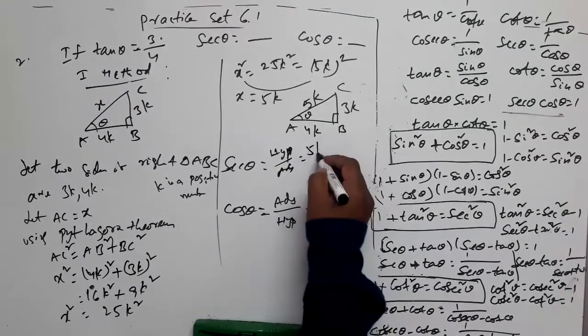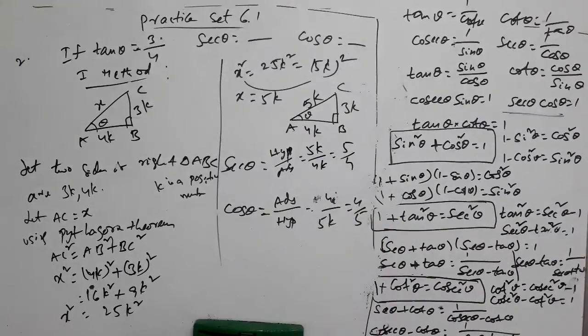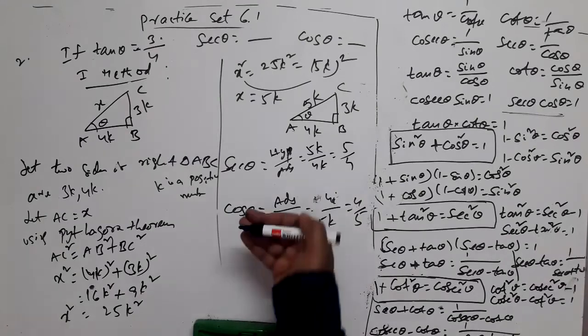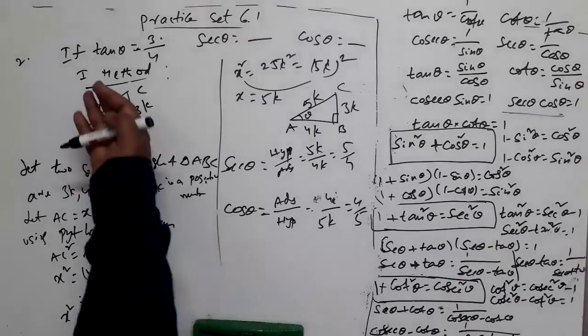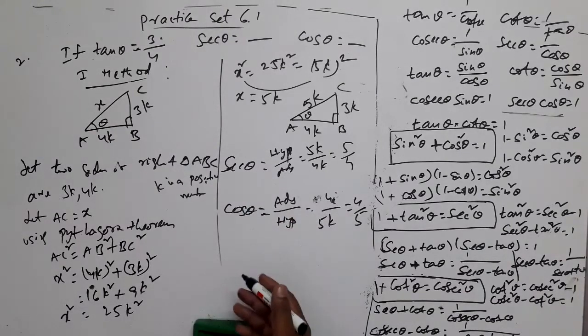So that is 5k by 4k, that is 5 by 4, right? This is 5 by 4, this is 4 by 5. Of course, you can give the remaining 4 values also. Tan, secant, cot are over, right? You can give sin theta, cot theta, cosecant theta also,